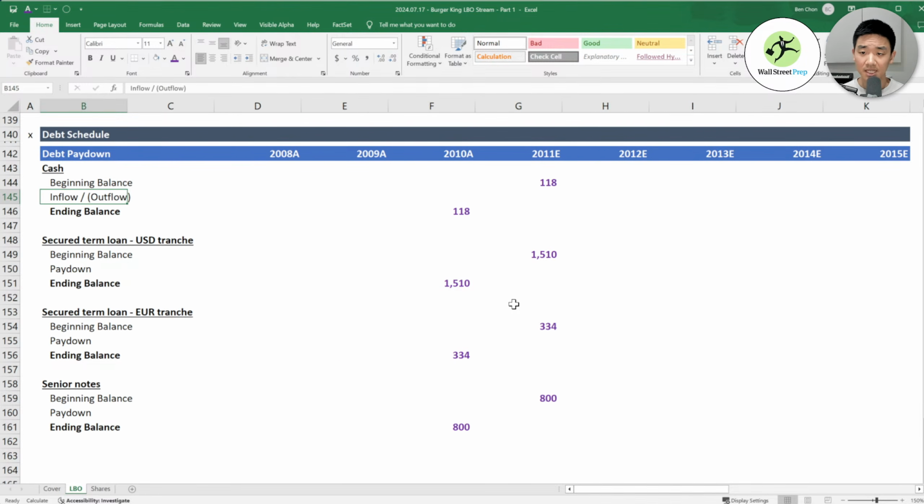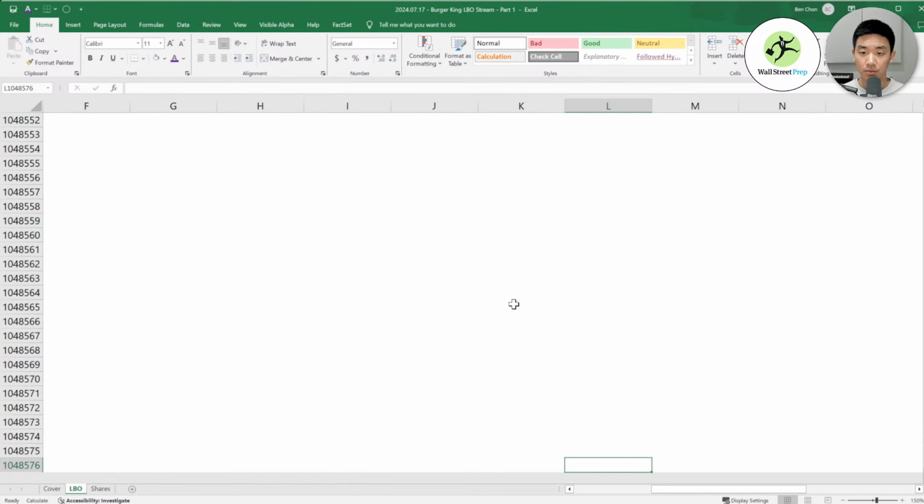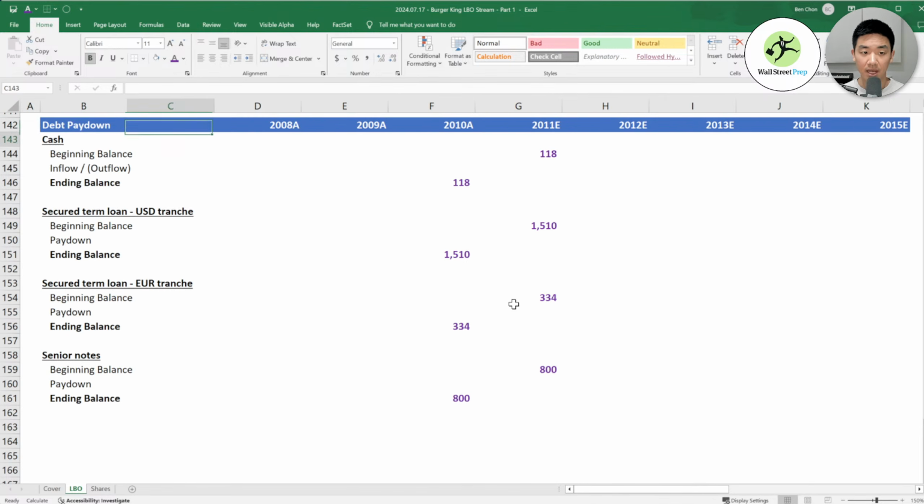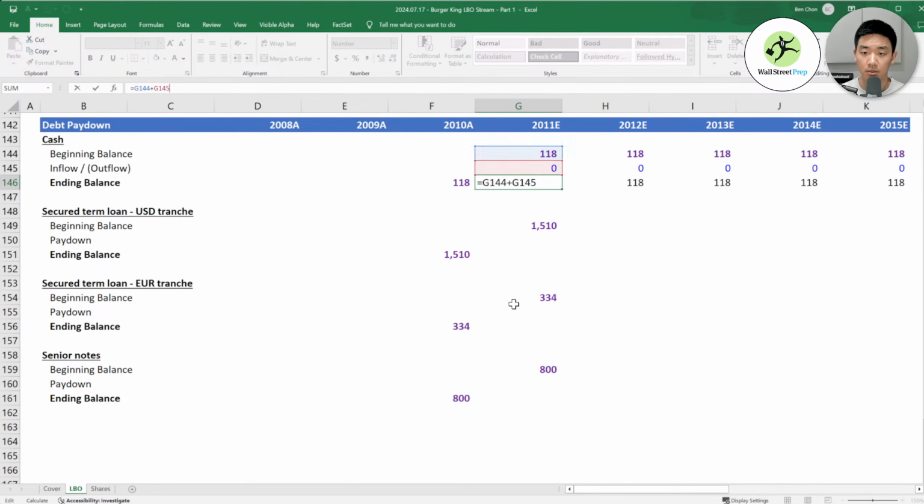But since we don't have that for this model, I'm just going to make this 0. All the cash is going to be used to pay down debt anyway for this model. And so the ending balance is just going to be the beginning balance plus any inflows and outflows. So we can just copy paste this across. This is going to be pretty simple, and we'll use this later.